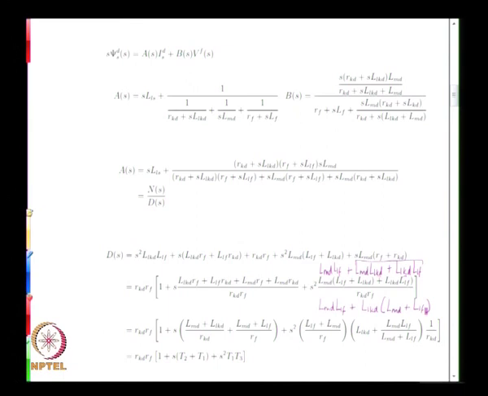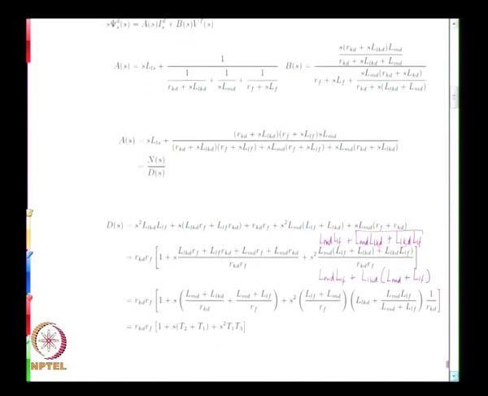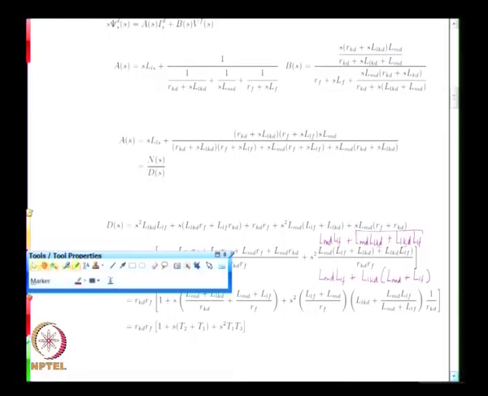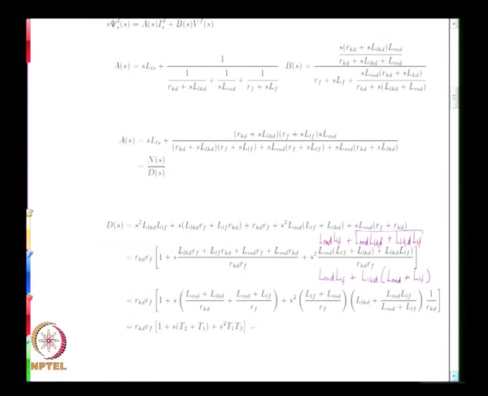Now, note that they are all in the form of some L by R here, L by R here, again you have an L by R here. This LMD plus LLF by RF is the same term that occurs here also. Similarly, you have another inductance here divided by a resistance, and therefore the denominator itself can be written in the form as is shown here,